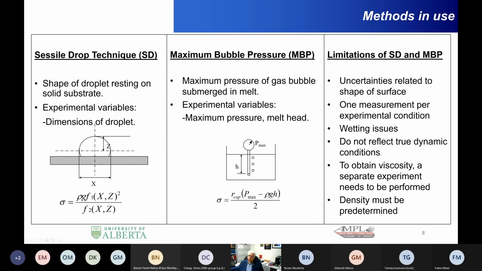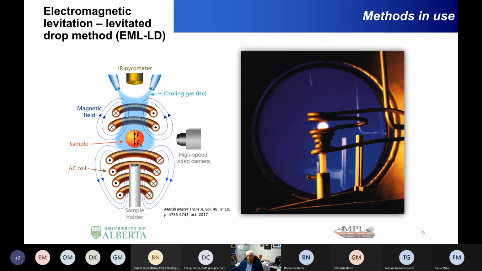Wetting is an issue. Well, we'll talk about wetting with regard to discharge crucible towards the end. And these methods don't really reflect dynamic conditions, in that the fluid is largely stationary. And then if you want the viscosity, you have to do a separate experiment to do it. And as I've said, density must be predetermined. There is one technique that allows you to do all three values, all three measurements in one